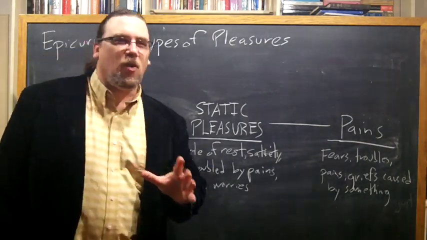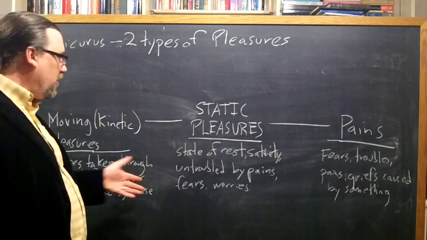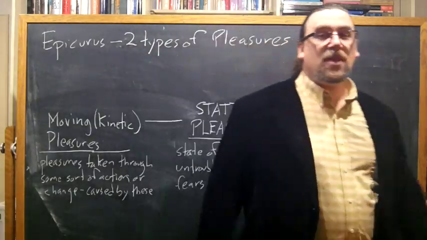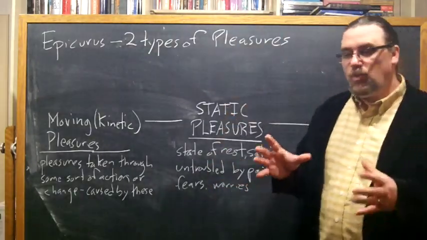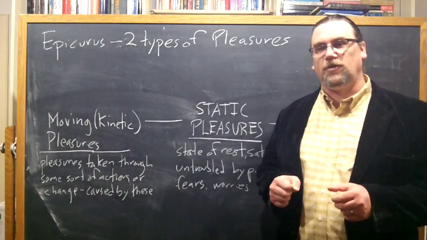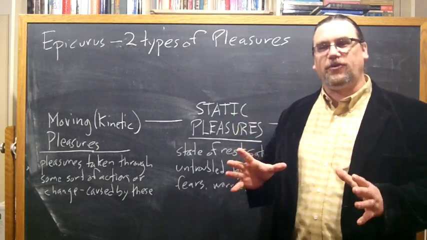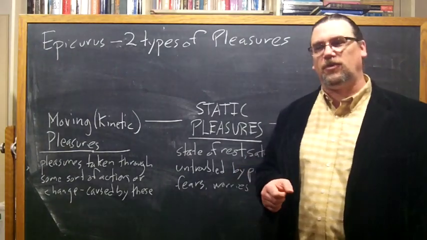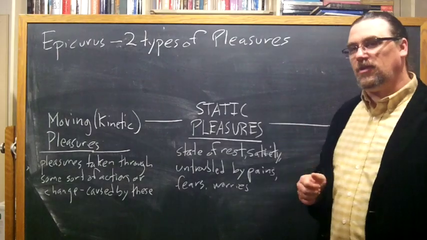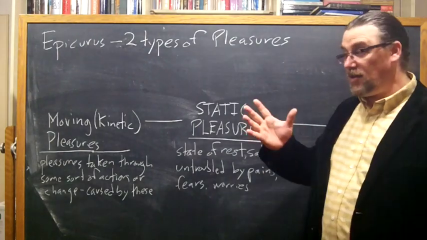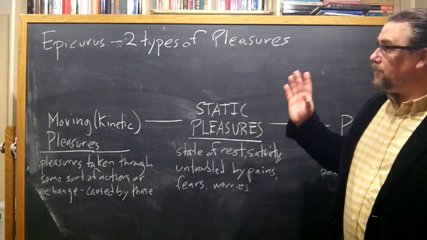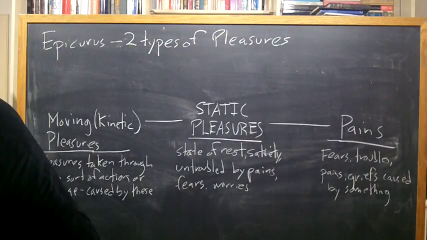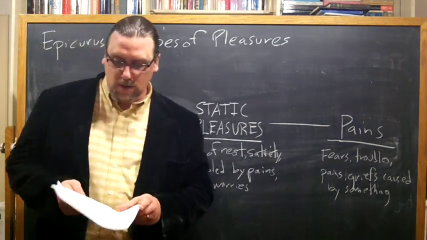Or if we want to be more exact, you want that state with a little bit of this stuff, just not enough to actually get you stuck in pains. And this is something that is really central to Epicurus' position. You can't understand his position adequately or do moral reasoning based on that position without taking this distinction into account and the implications of it. There's a few things that he says that I want to highlight from the Principal Doctrines and the letter to